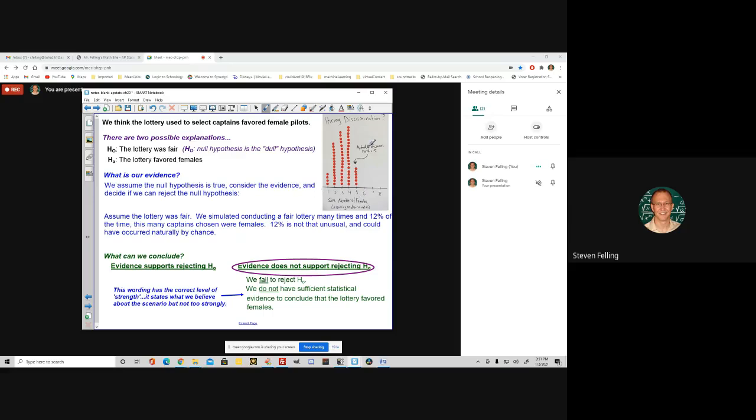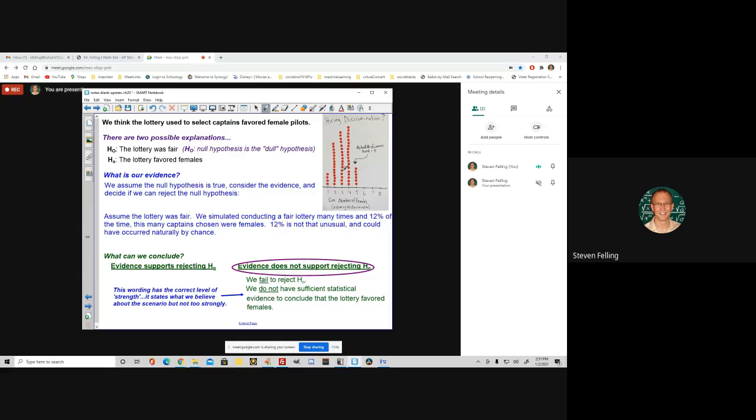There were a certain number of openings. It turned out that of the 8 slots for captains, 5 of the 8 went to women pilots, even though less than half of the group of pilots were women. And so we were wondering if there was hiring discrimination. And if you remember, we did a simulation where we all tried different